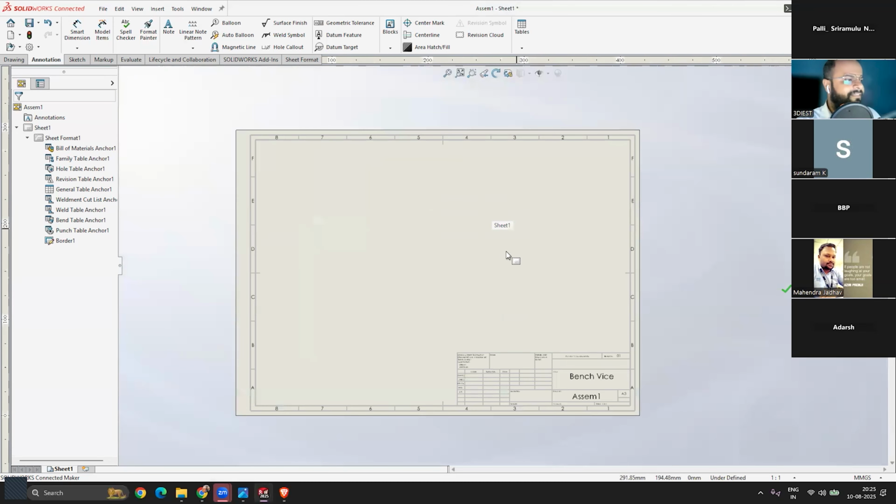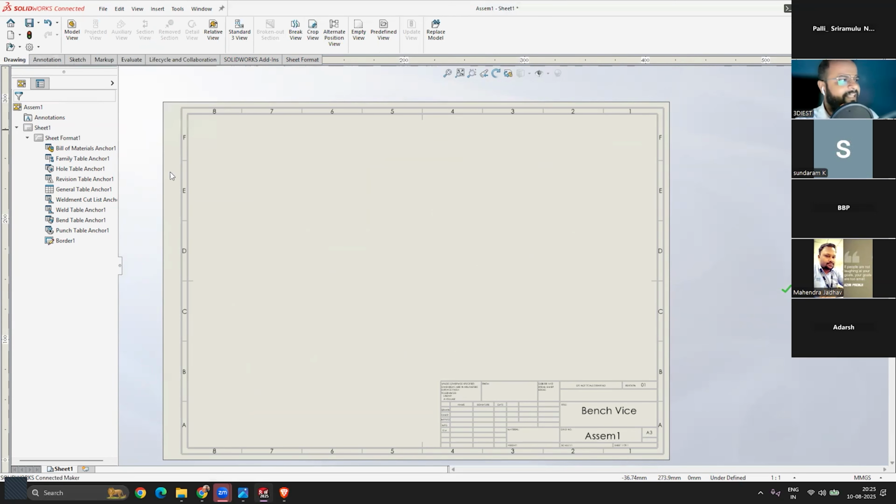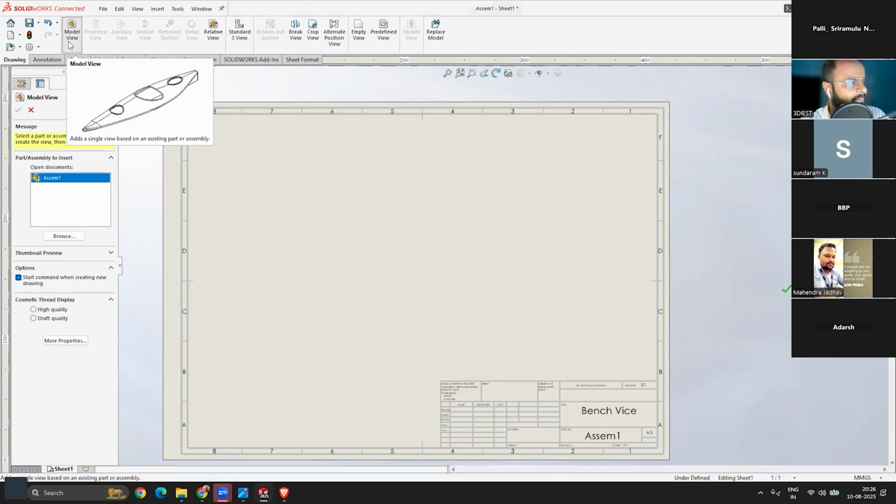So now let's start adding some views to our drawing. We'll go to the drawing space, the drawing tools panel, and the first thing that you can see is the model view. Can you see that model view, everyone? To insert that model view into our drawing, simply click on this model view, right?